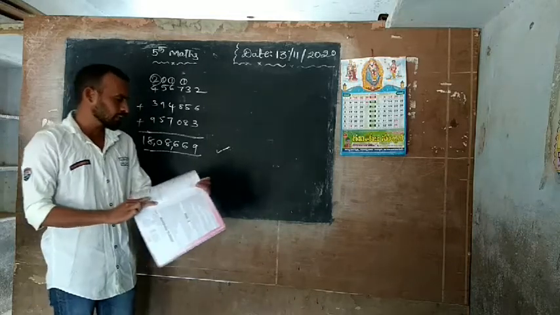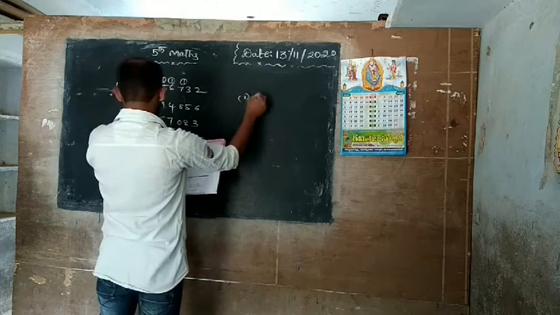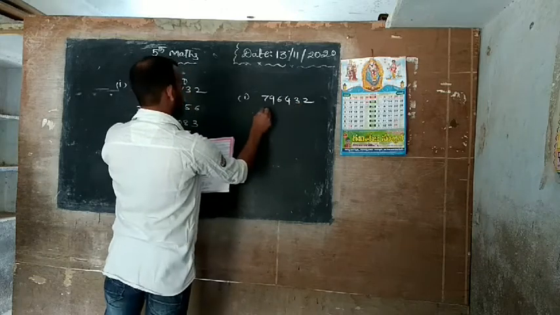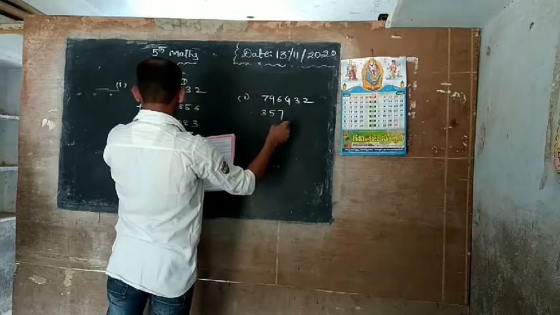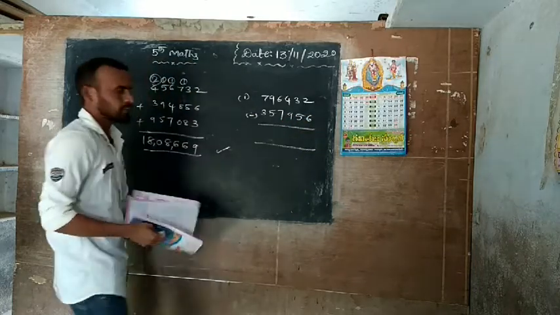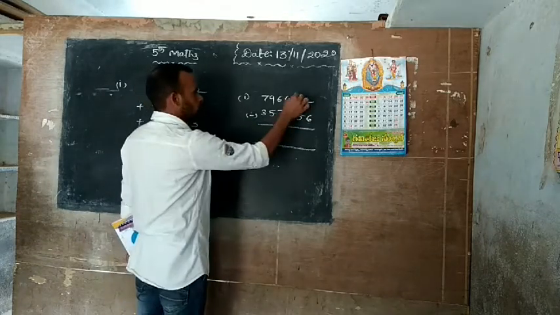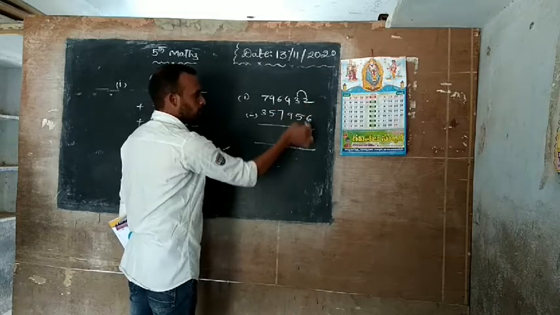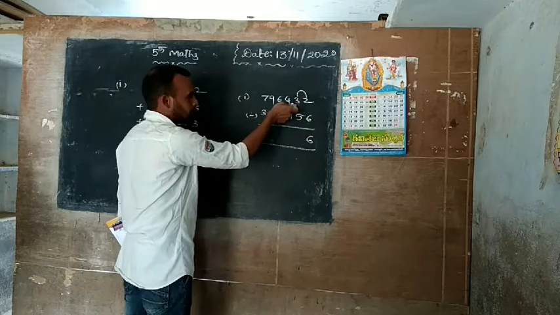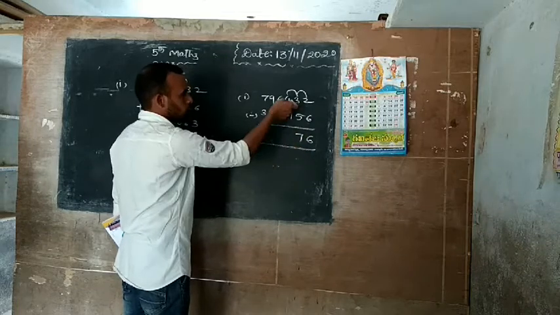So next, do the following subtractions. See, I'll explain one subtraction. The remaining you will solve. 7,964,323 minus 579,56. What subtraction? See here, 2, 6 from 2, not able to subtract. What to do? Borrow. 12. Now 6 from 12, 6. Remaining how much here? 2. Now 5 from 2 you subtract, not able to subtract. So what to do? Borrow. 12. So 5 from 12, how much? 7.